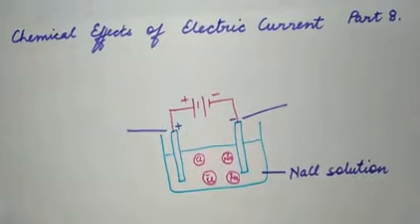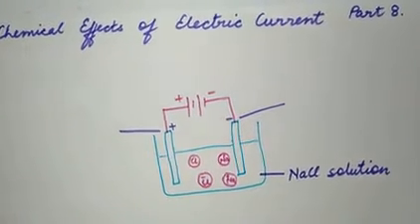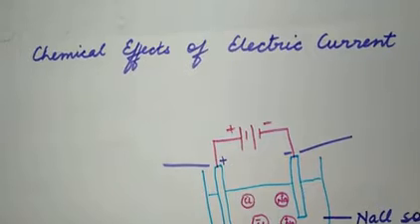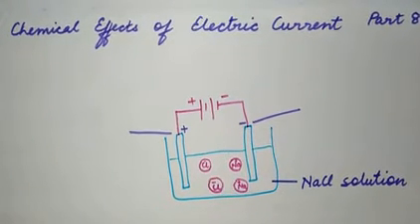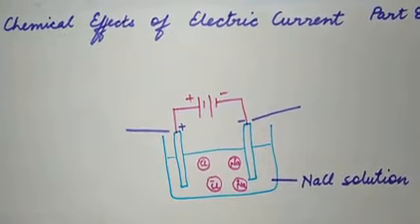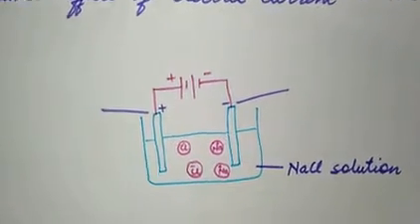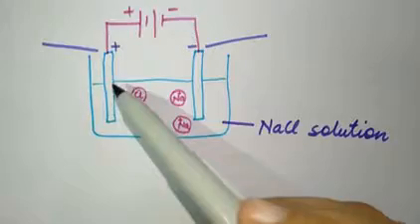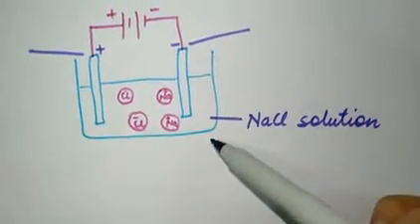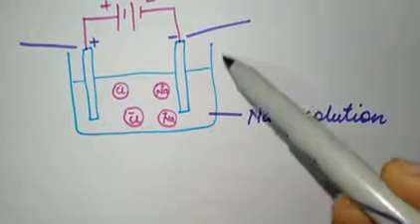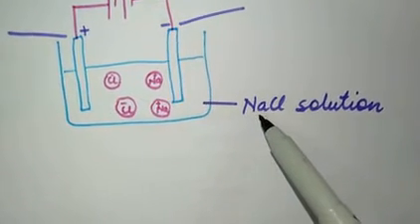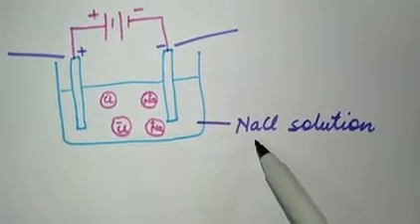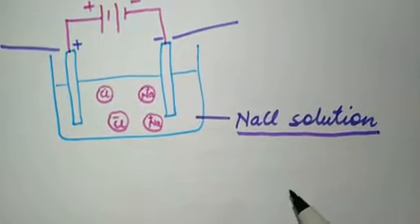In the previous video we learned about ionic compounds, that ionic compounds are made up of ions, positively charged ions and negatively charged ions. Now let us understand what happens when an ionic compound is dissolved in water. Suppose in this beaker or plastic cup we dissolve sodium chloride, NaCl, in water and prepare an NaCl solution.